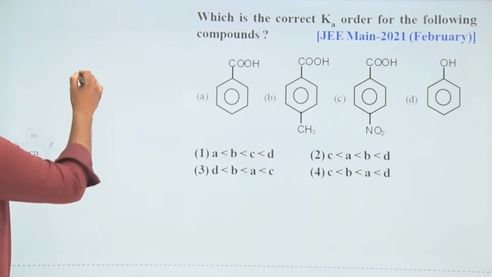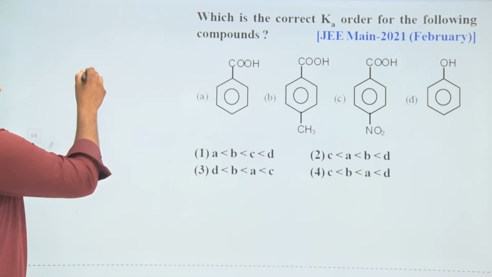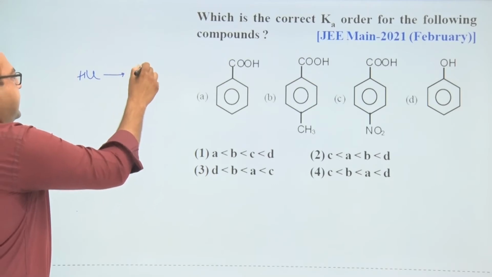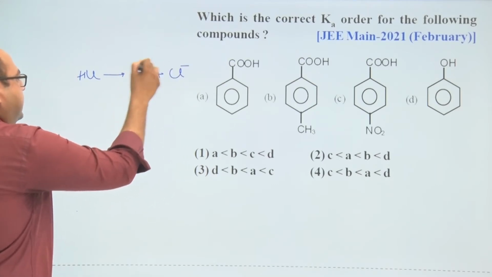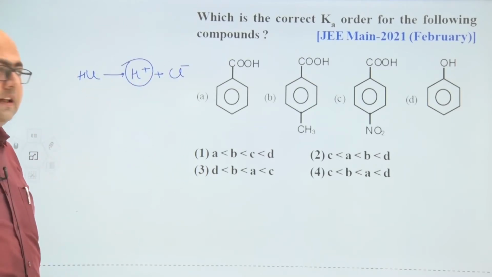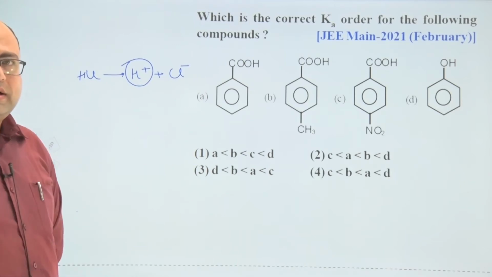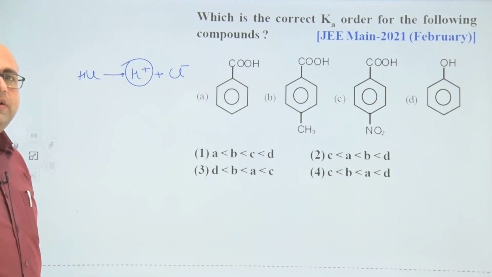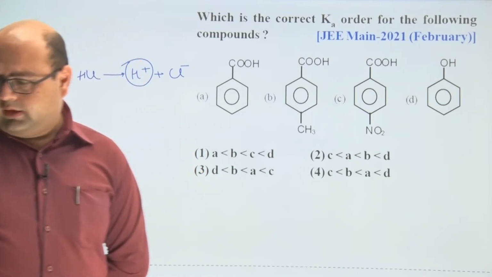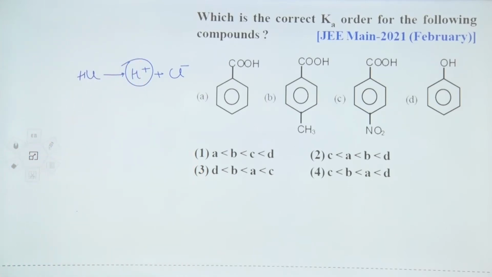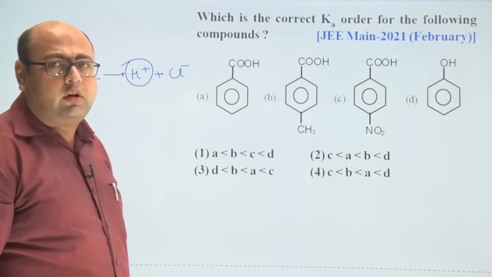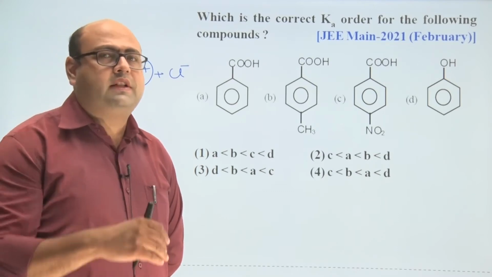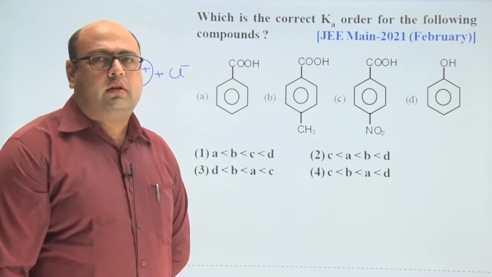So what are acids? Acids are proton donors. For example, HCl, you are saying it is an acid. It is giving H plus ion and the chloride ion. So it is giving H plus ion easily. That means it is a strong acid. So H plus ion donors are the acids. In organic chemistry, the strength of an acid depends on the ion which is formed after the donation of the H